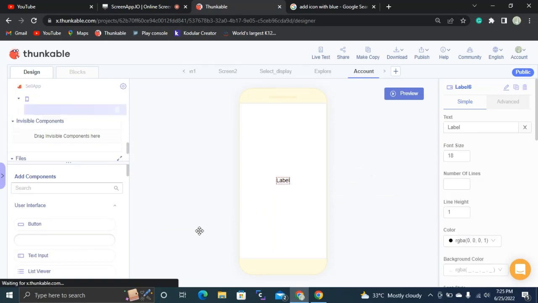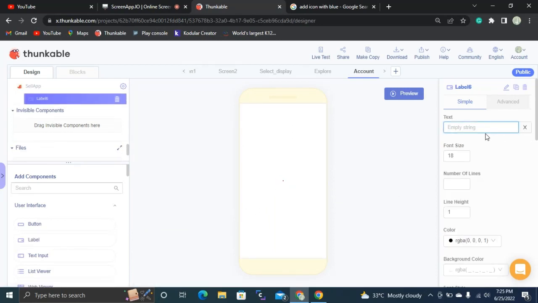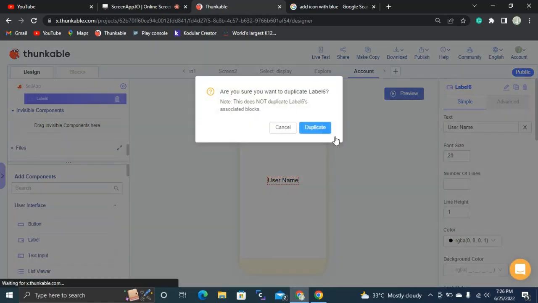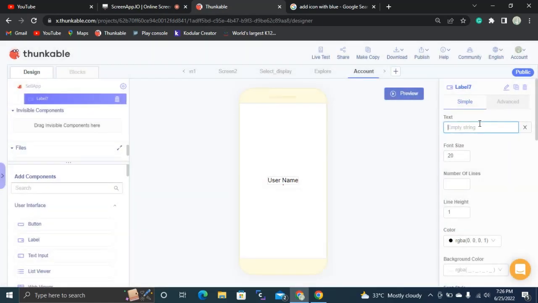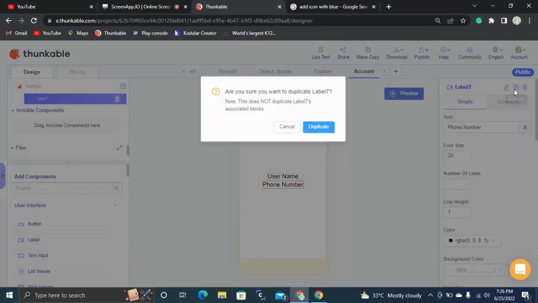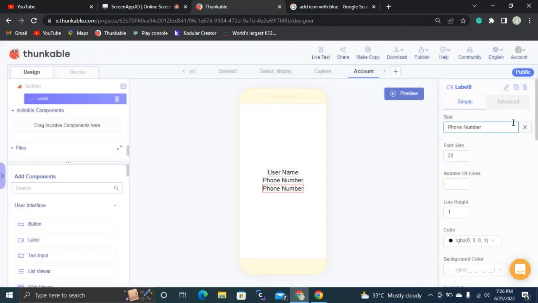So this label is going to have a text of user name. Then I'm going to set this font size as 25 pixels, or let's keep as 20 pixels. Why? Because some users name will be very lengthy, right? So then I'm going to duplicate this label again. So this is going to be phone number. Then I'm going to duplicate it again. So this is going to be the email ID,